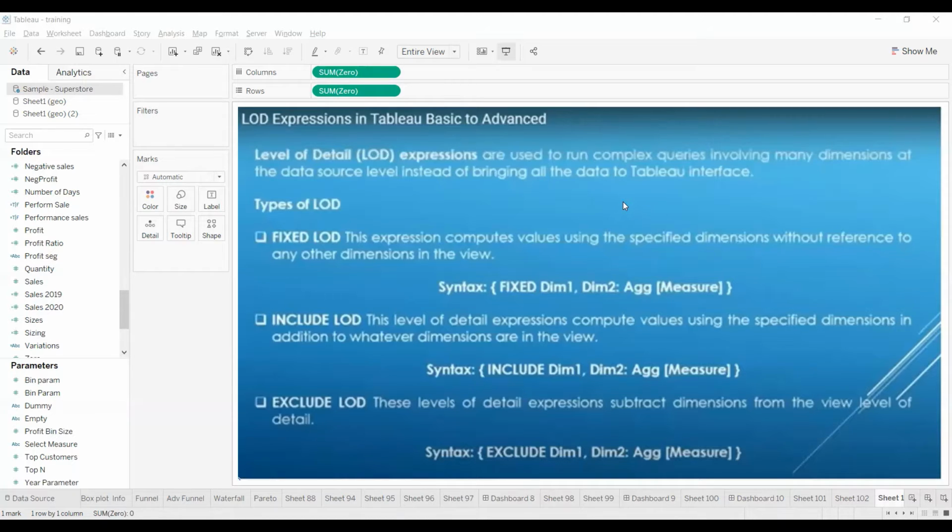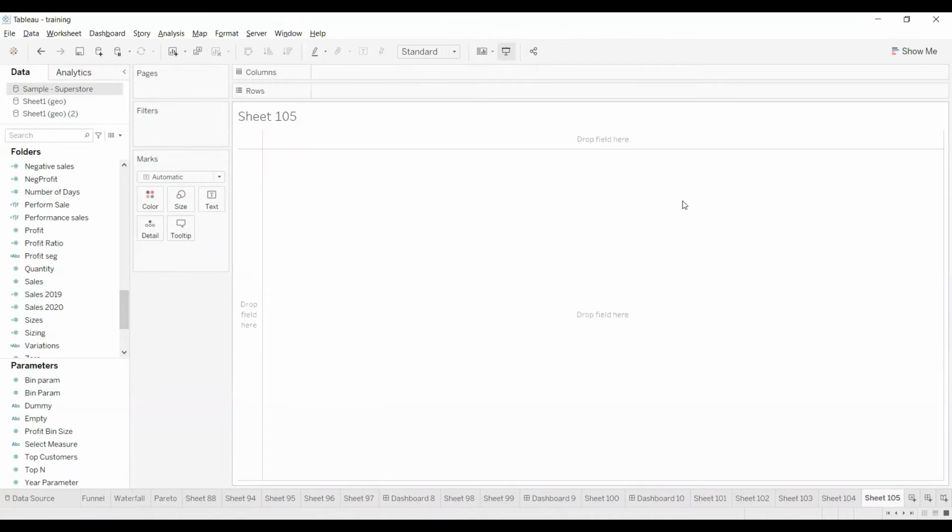Before going to the official definition, we would like to see the scenario. I would like to show the details of region wise, my manager sales, and also region wise sales in the same view. For example, I'm going to take segment level.